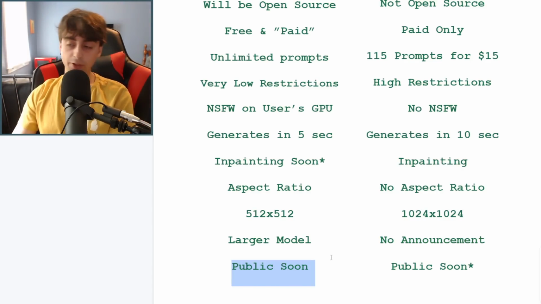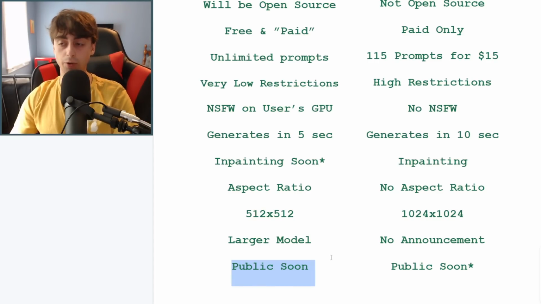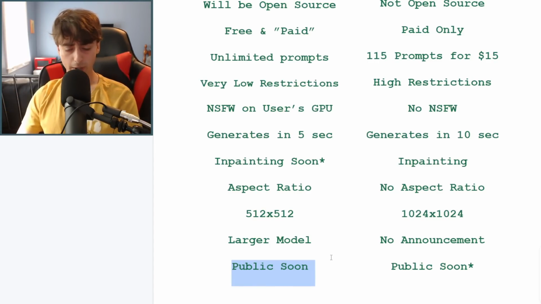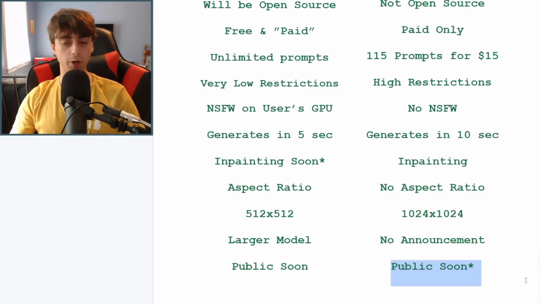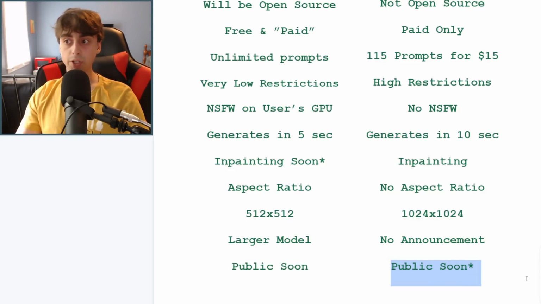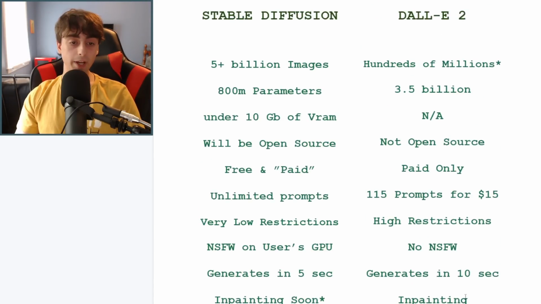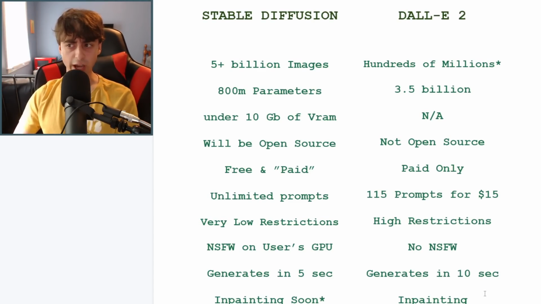And of course, Stable Diffusion is going to be public very shortly. They're moving at a very rapid rate week by week, and I imagine that Stable Diffusion is going to be public for everyone very, very soon. And with Dall-E 2, of course, they do want to go public, but we don't know when, and I imagine that Stable Diffusion is going to be public sooner than Dall-E 2, but that's just taken with a grain of salt. We don't really know anything for sure. Anyways, that is that for this little informational comparison. Now we'll move on to the direct image versus image comparison.